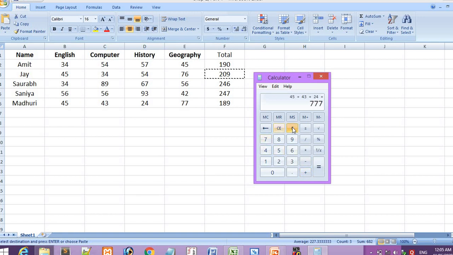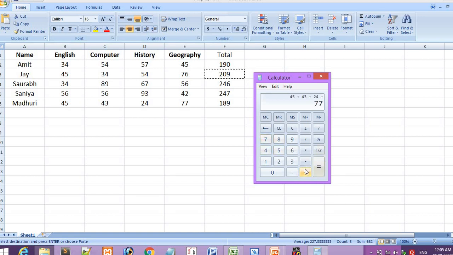Okay, so 1 is extra. I will again do the calculation. 45 plus 43 plus 24 plus 77.